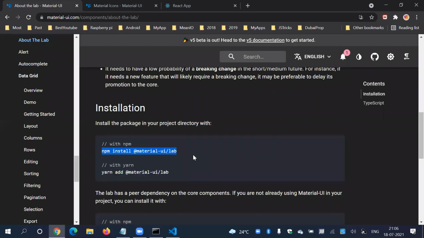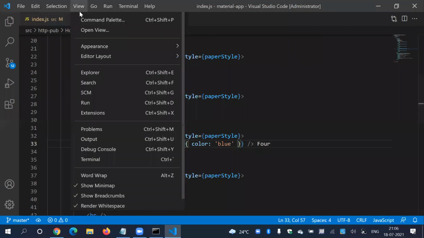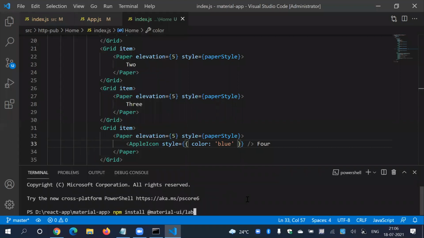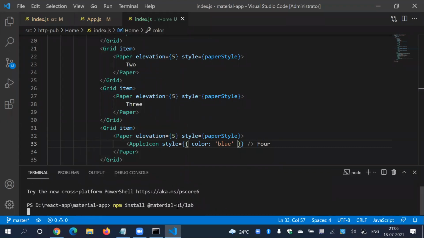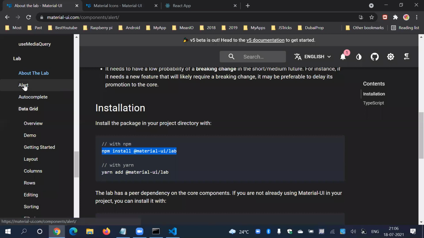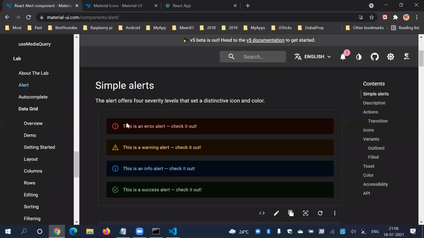Just copy this and let's say view terminal, paste it over here. So we have this library as well in our code. Now we can use alert in our code. Let's try to use this.